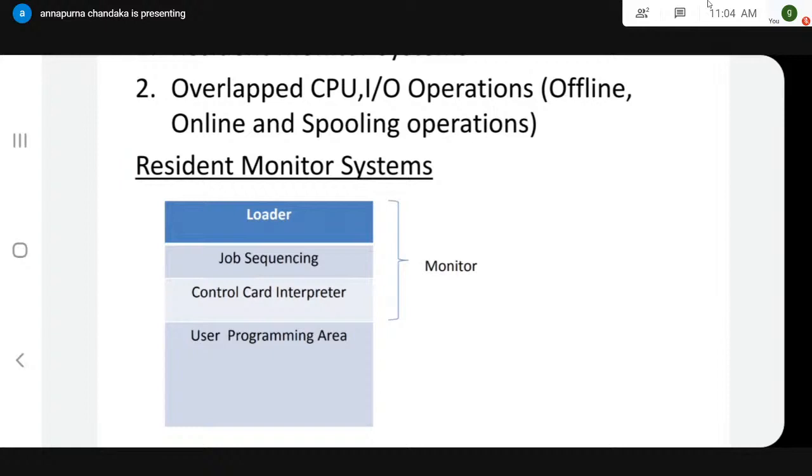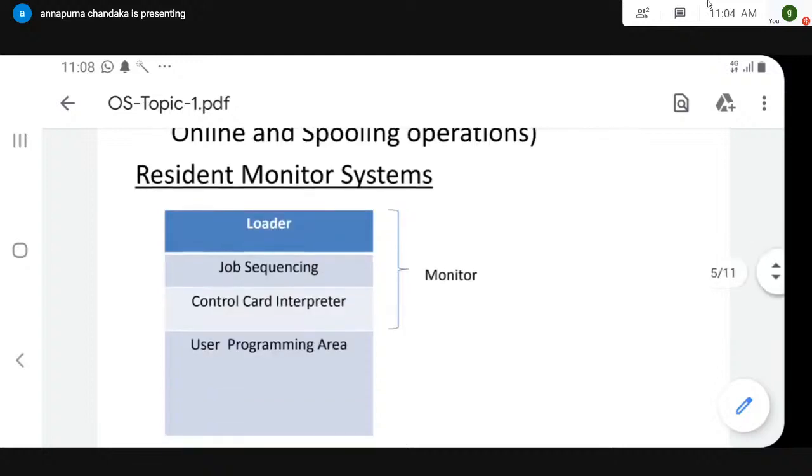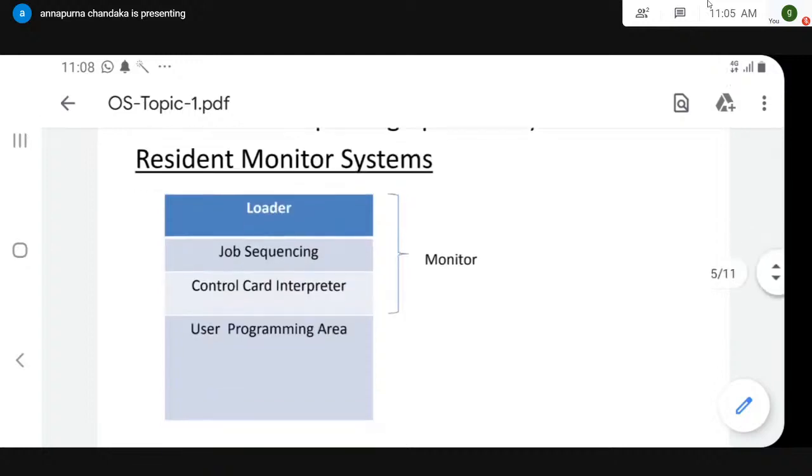Let us take an example. Suppose you wrote a program and forgot to put a semicolon. The next day you come and see that you forgot the semicolon. You fix it, and the next day you find something else missing, like an end. In the earlier stage, there was no direct interactive editing process while running a program. This is what happened.